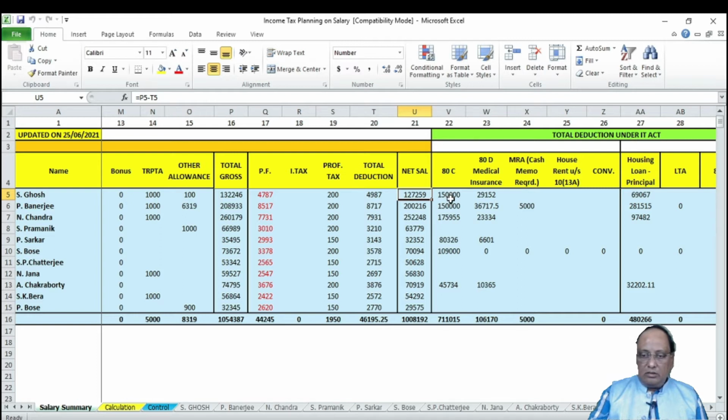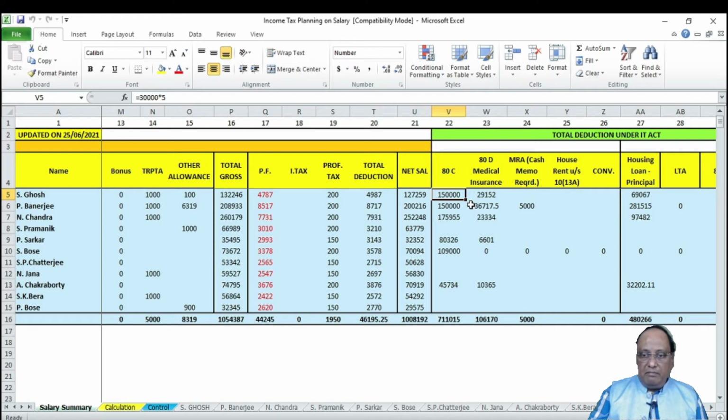Next, at the end of the year, we look at their basic entitlement to different types of tax deductions. Suppose under 80C, this gentleman is entitled to full benefit, that is 1,50,000. So you just put 1,50,000 over here. Otherwise, you can put whatever limit he should get according to the rule.